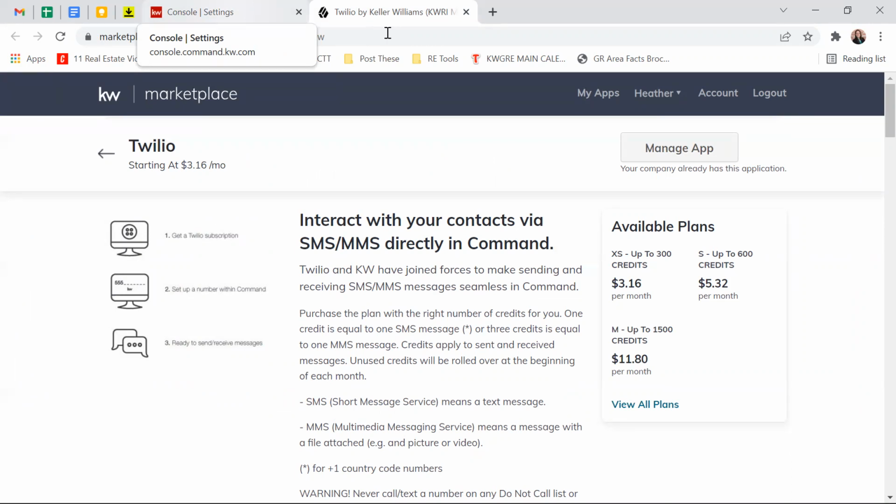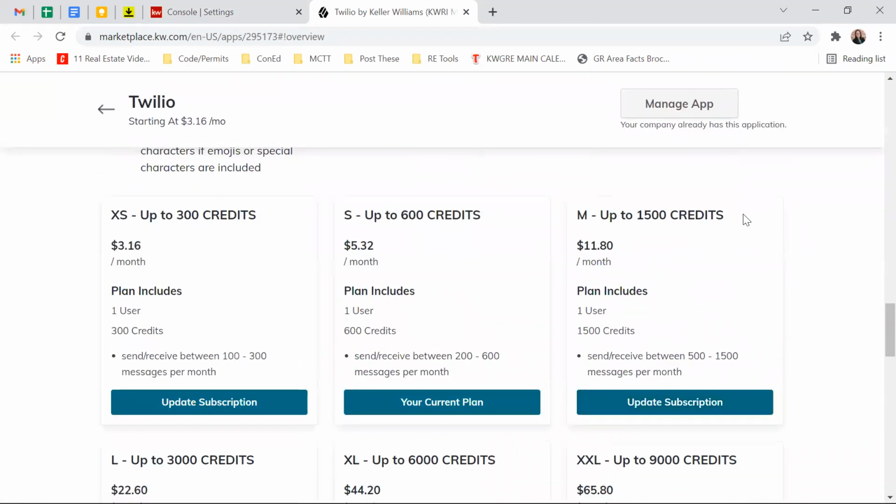You can use your own phone number and just send out texts, or write yourself a task that says, hey, text this person at this time, text them this message. The only reason you would need Twilio is if you're automatically sending texts. And it does cost, but let me review all plans here for you. Each credit is a text. If it's a multimedia message, it might cost more than 1 credit, but typically a text is a credit. So 300 texts a month is